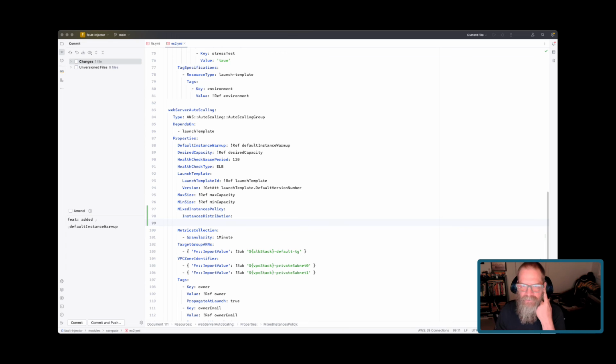Our first option is on-demand allocation strategy. This is the allocation strategy to apply to your on-demand instances when they are launched. Possible instance types are determined by the launch template overrides that you specify. And if we do this, we have one of two values we can add to it. Lowest price. This uses price to determine which instances are the highest priority, launching the lowest priced instance types within the AZ first. This is the default value for autoscaling groups